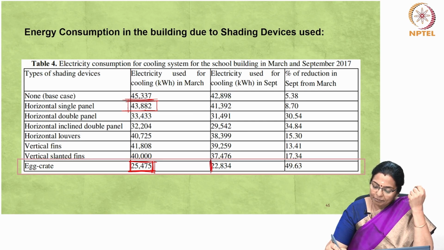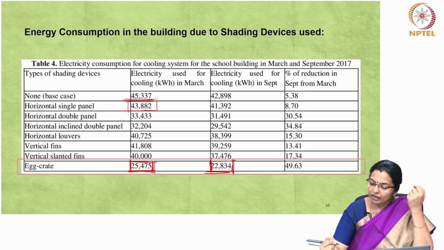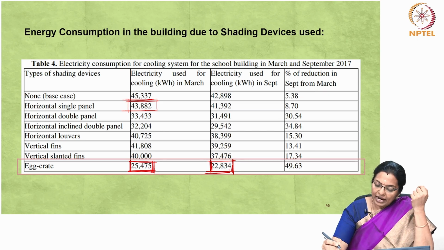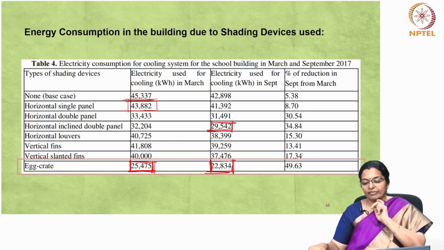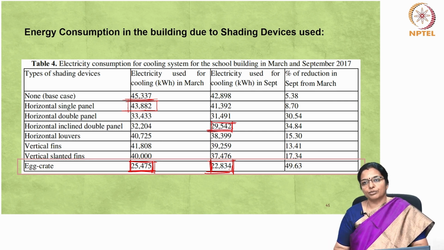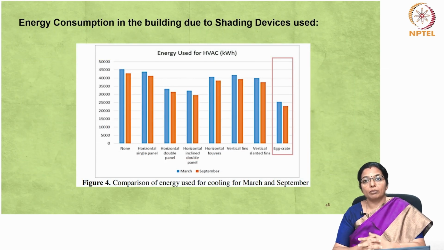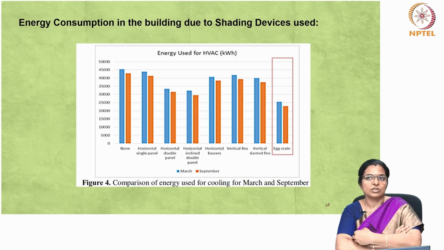When it comes to September, yes, egg crate is very efficient in cutting the electrical consumption, and next to it comes the horizontal inclined double panel. So, definitely shading device has an impact on energy consumption, and it can lead to a more sustainable